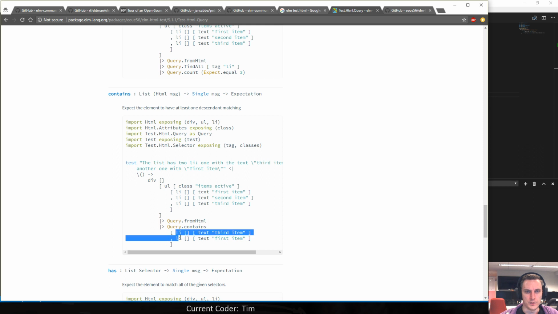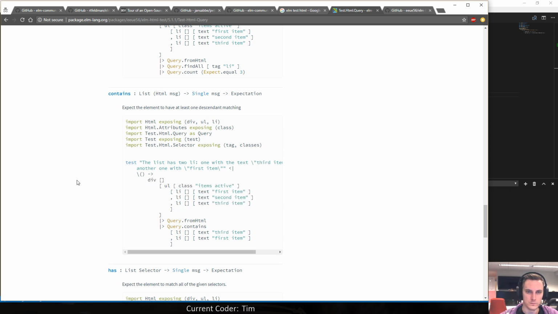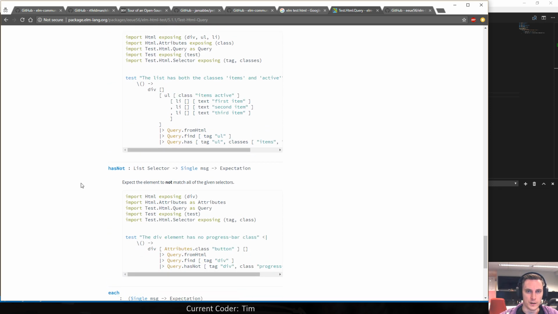So even though these list items are nested in the unordered list, this is the thing that you're doing from HTML on. So we could do that.